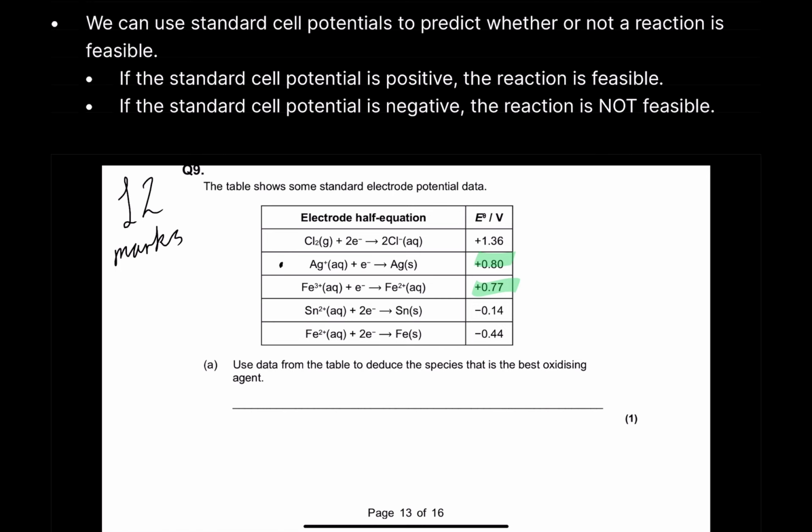Now, how do you actually go about looking at this, right? We'd say that this reaction is more likely to go in the reduction pathway, because that's a higher electron reduction potential, right? So then that means that if one's being reduced, the other must be being oxidized. Therefore, this reaction is more likely to go in the oxidation pathway. So it's more likely to go in that way. We look at the